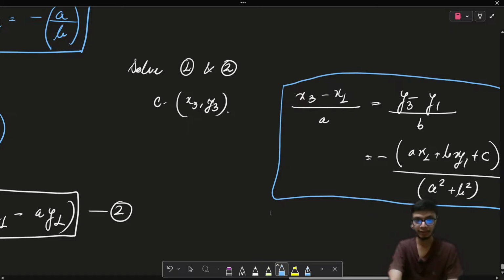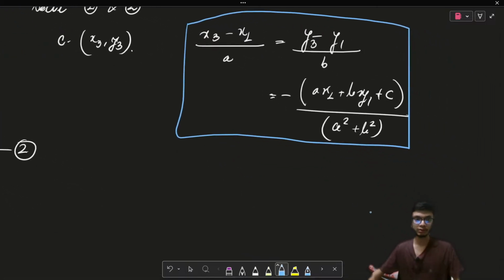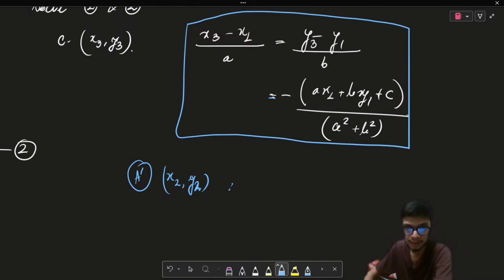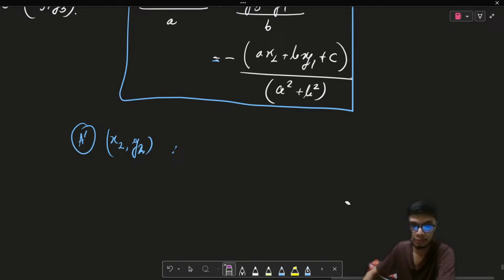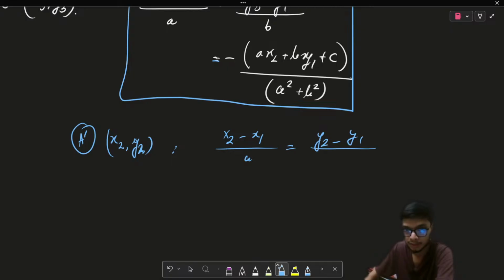In a similar manner, if I need to find out the image point, that is basically my A dash, the image coordinate x2, y2, the only thing that will be extra is that instead of minus of 1, here it will be minus of 2. So the result is very simple. It is going to be x2 minus x1 by a is equal to y2 minus y1 upon b is equal to minus 2 times of